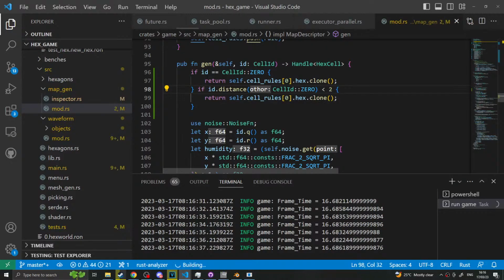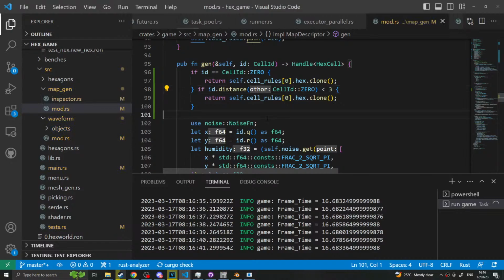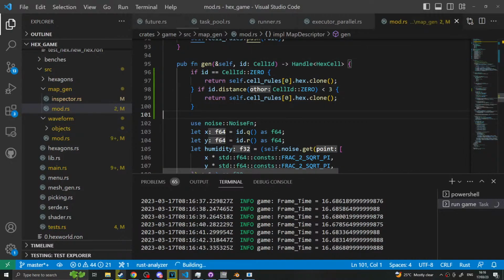So basically, I'm sure you make this like 3. So if the cell is equal to 0, I want it to be this one. If it's less than 2 cells away, I want it to be that one, which should result, if I set those to being grass and water, that the center cell will be grass and the